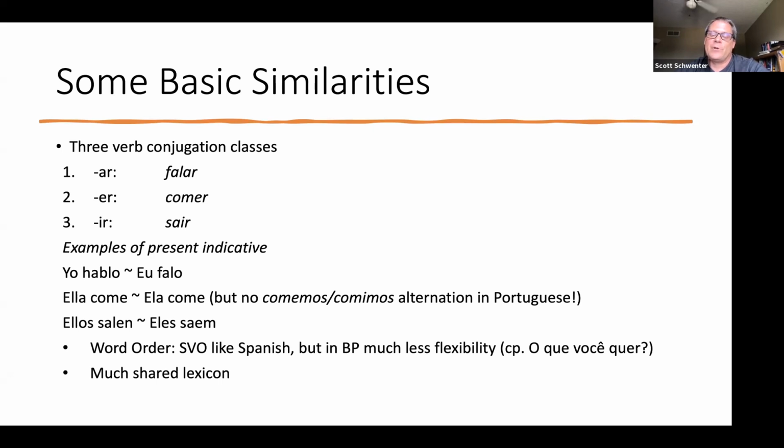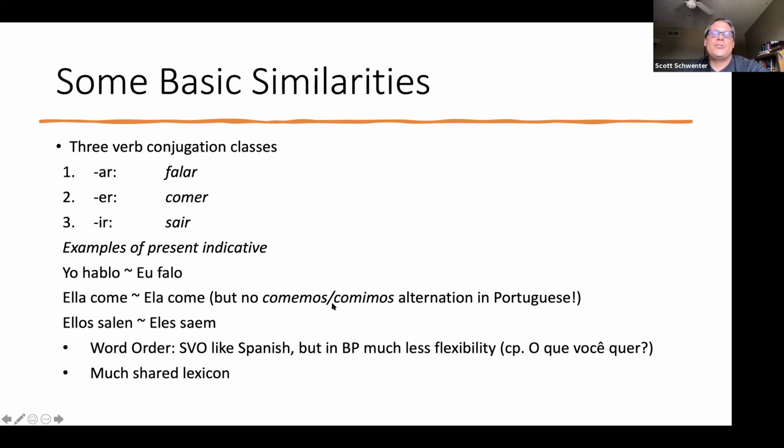I find Verbix to be really good and really accurate, but you may have your own 10,000 verb forms in Spanish or Portuguese book that you prefer. But here are just some examples so you can see. And again, if you were in the pronunciation workshop, these are pronounced differently. So yo hablo is eu falo, right? That last vowel is not an O in Portuguese, but an U. Ella come, ela come, where that O is not an O, but an A.